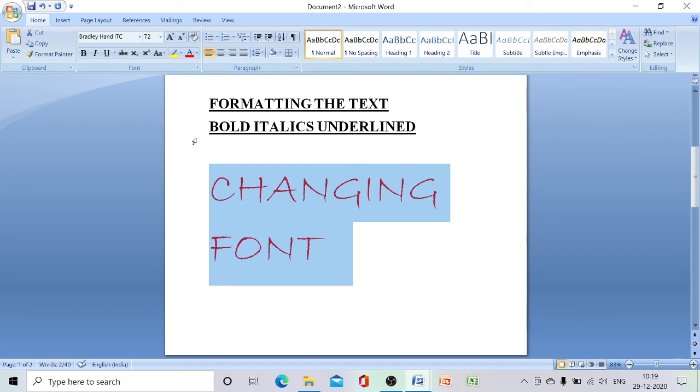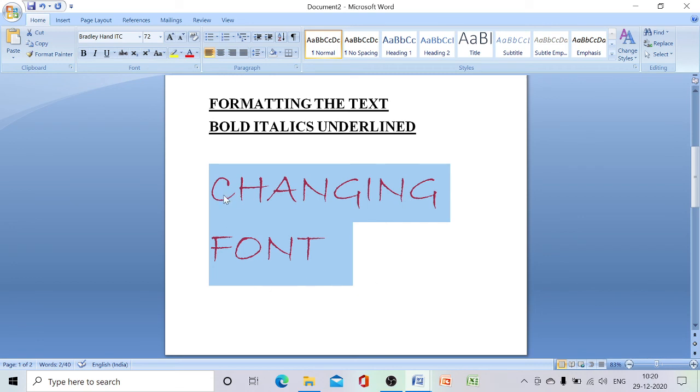Clear? And highlighting, how to highlight is also an easy thing. Highlighting the text means placing a colored rectangle cover. When I use this on a statement or sentence to highlight, a rectangular box will appear at the background. So let us see how to highlight.